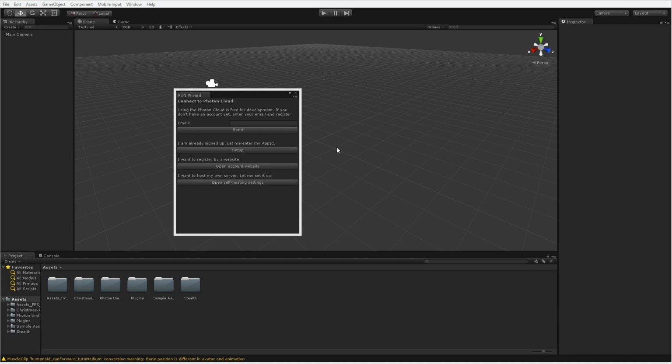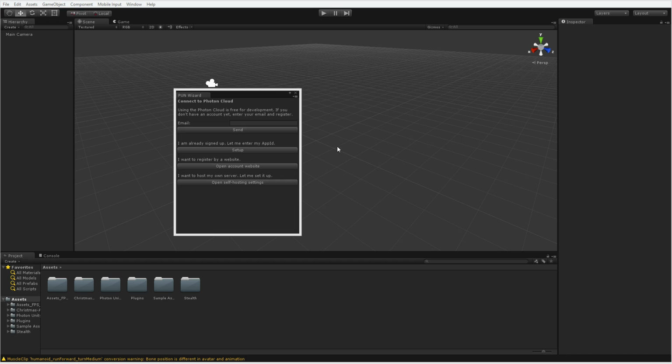So let's talk about what we need to make this work today. I'm using almost all of the assets from the asset store. There's one thing I made myself, which is just a site reticule, which you can make yourself. It's just literally a circle. And I just made that in Photoshop.